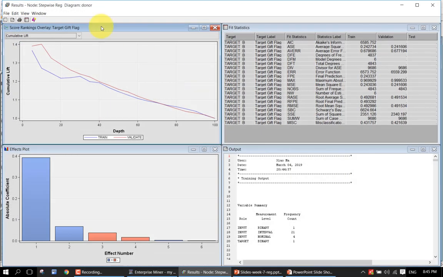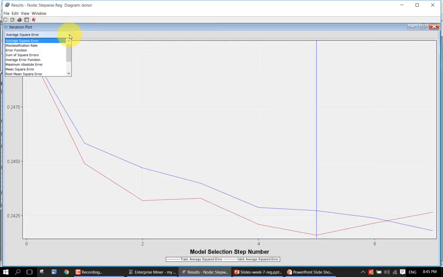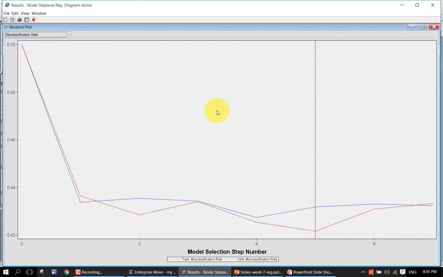Let's look at the results. It should be much better now. The selected model has the best validation set